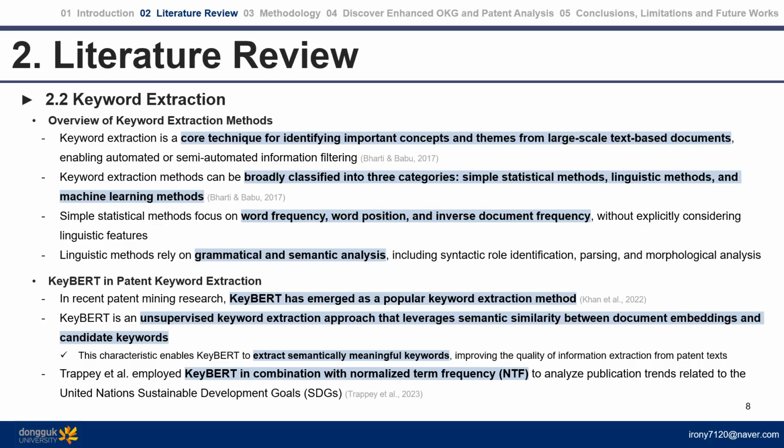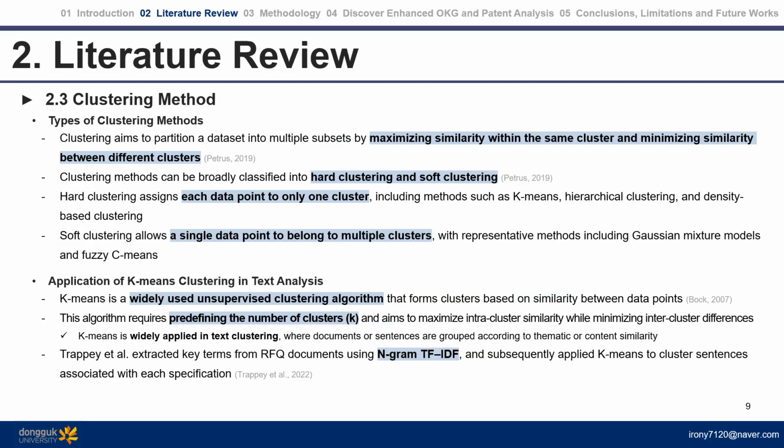Also, prior work employed KeyBERT in combination with normalized term frequency to analyze publication trends related to the United Nations Sustainable Development Goals. Clustering aims to partition a dataset into multiple subsets by maximizing similarity within the same cluster